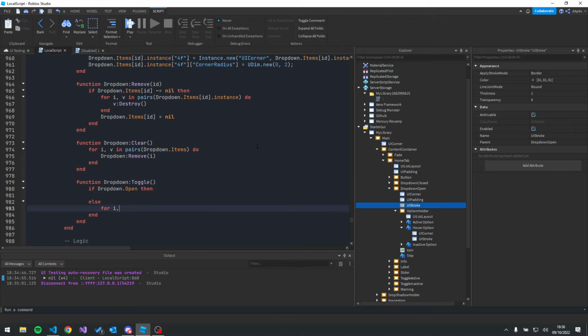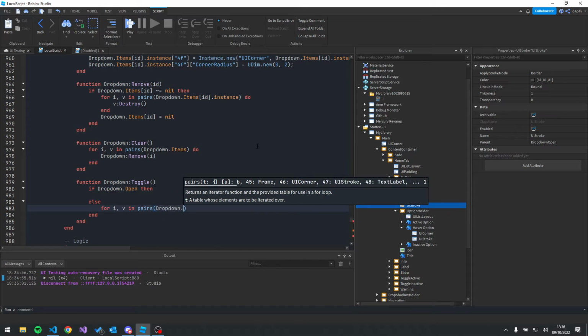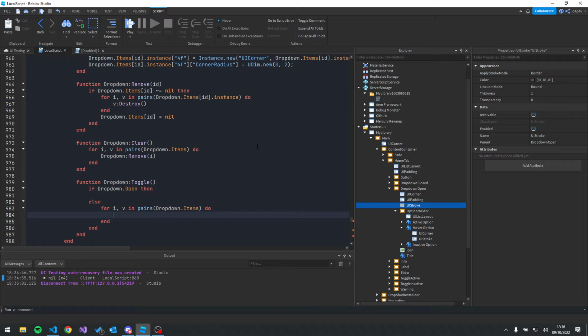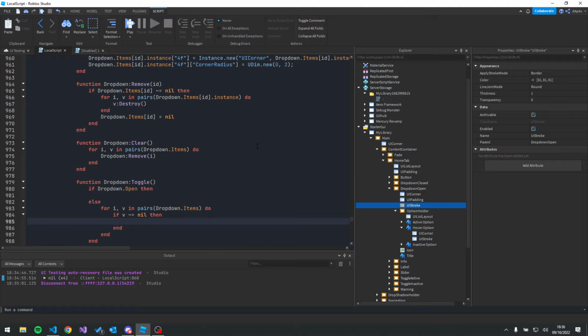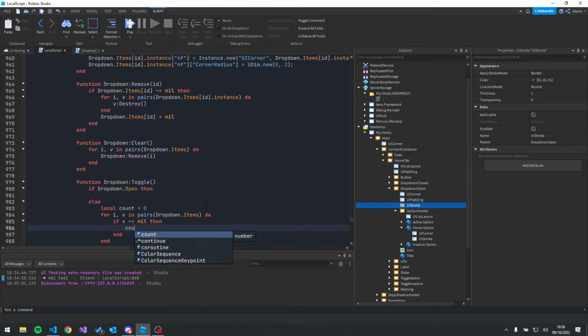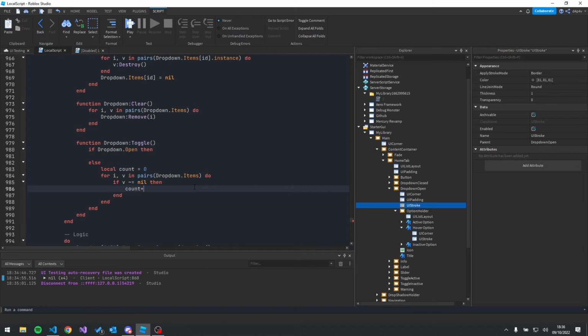So we're gonna do for i, v in pairs dropdown.items view, and we're gonna check if v is not nil, since all the nil ones have been destroyed. And we're gonna add a count variable here, which is gonna be 0, and we're gonna append to count whenever there is an item. Okay, so now that we have the amount of items,